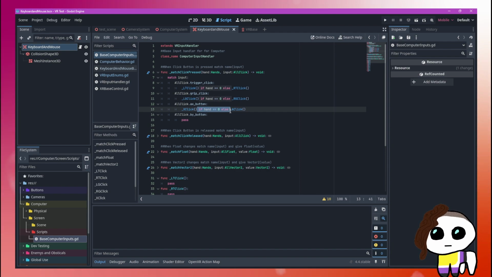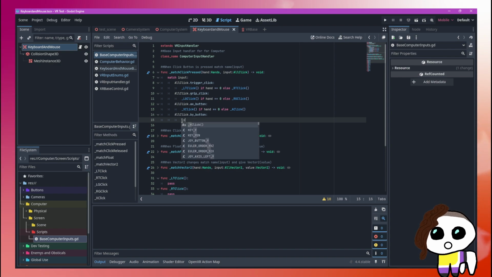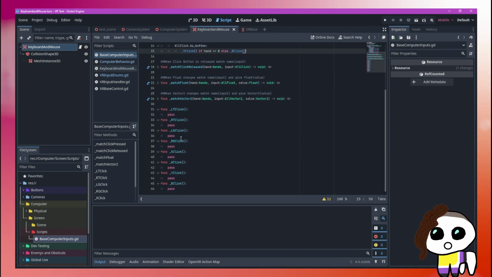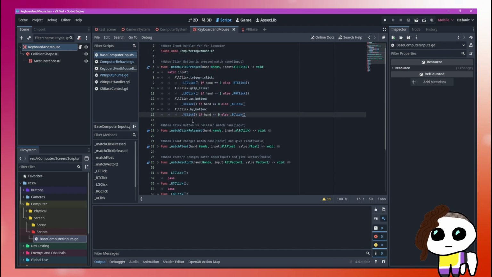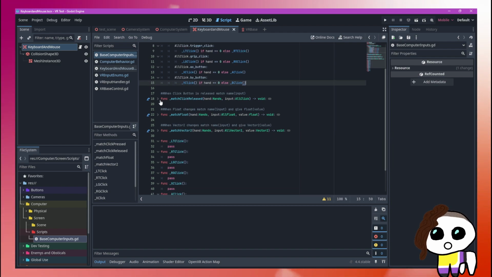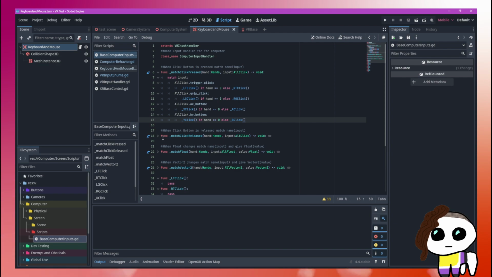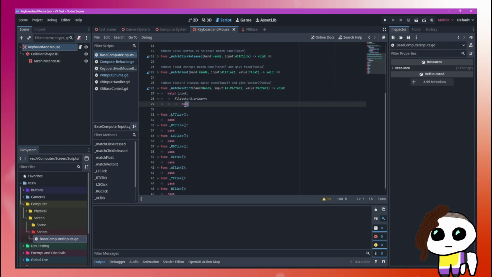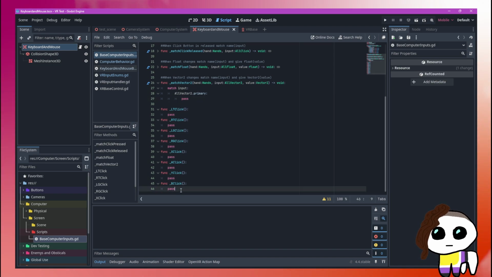I'm gonna just copy this. Y click if hand is 0, else B click. Okay. And that's all the buttons I want for now. And then I do the vector primary. What I need is